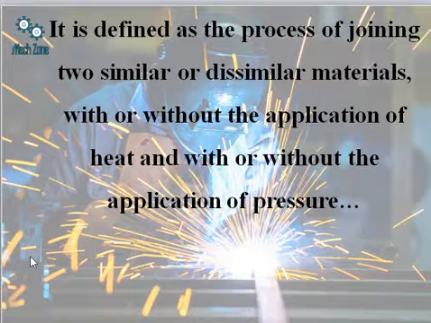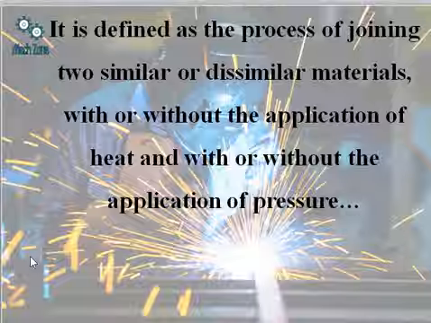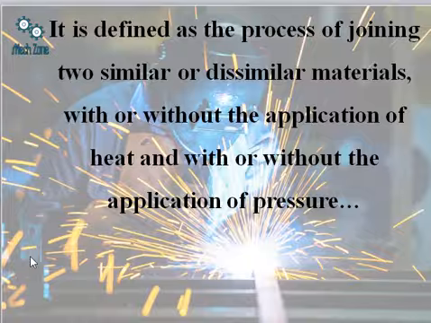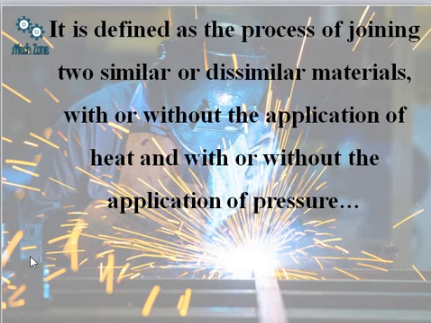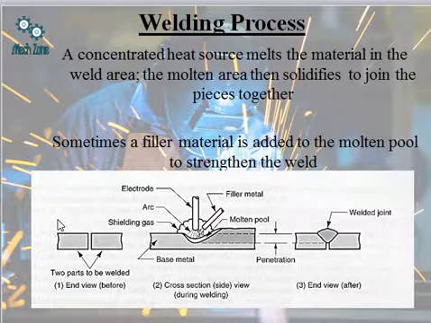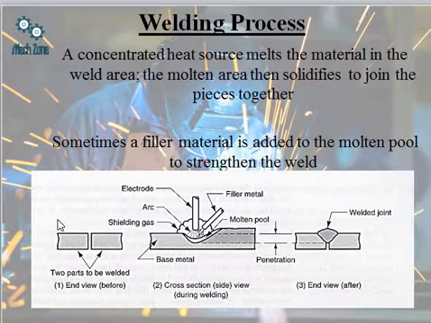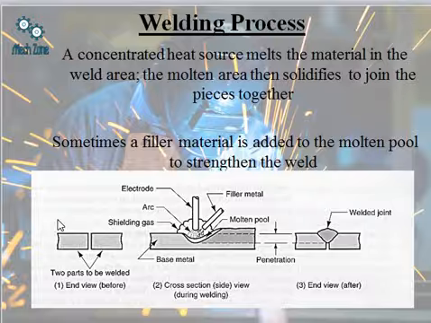Now, if we talk about the filler material, the filler material is only used when the thickness is greater than 5 mm. Then only the filler material is used, and edge preparation is also required. But if the thickness of the materials which need to be joined is less than 5 mm, then there is no need of any filler material. Simply by applying heat, the base material can be converted into the liquid state and then easily interact with the atoms of the other material, and hence a bond can be formed. And generally the composition of the filler material is the same as that of the base material, that is for joining similar types of materials.